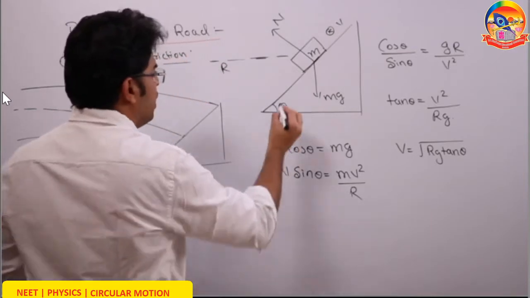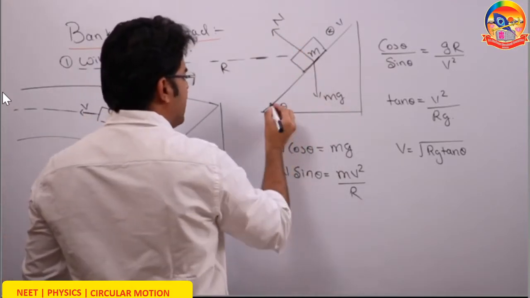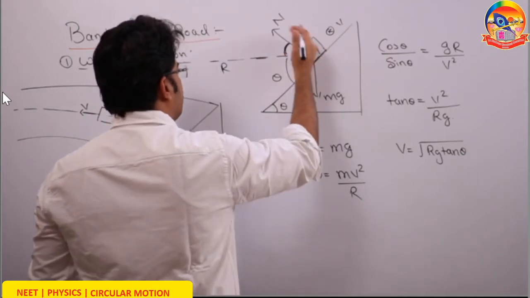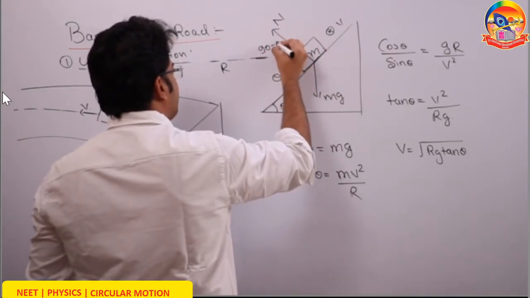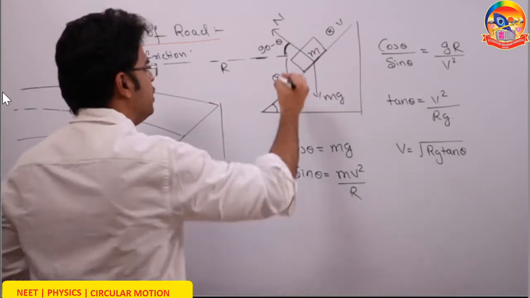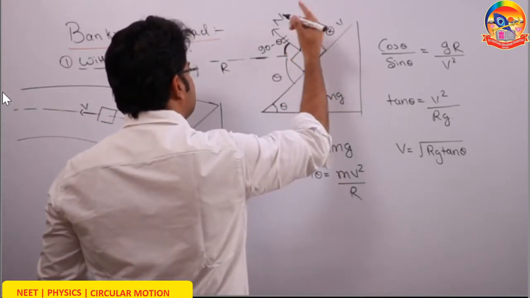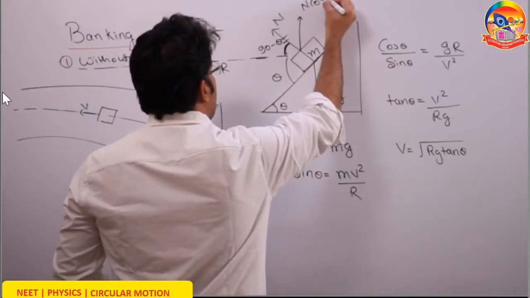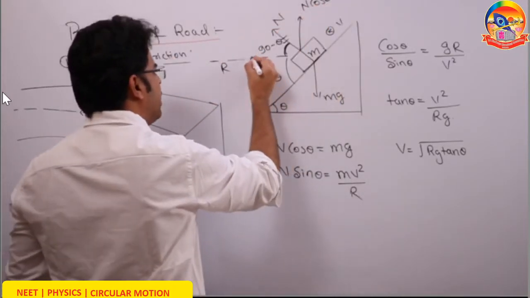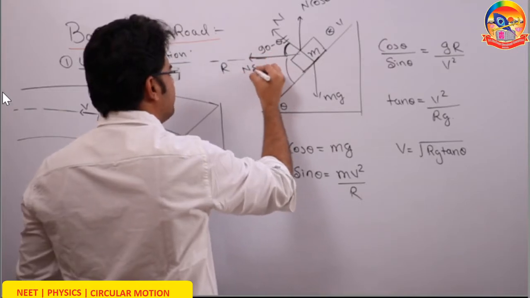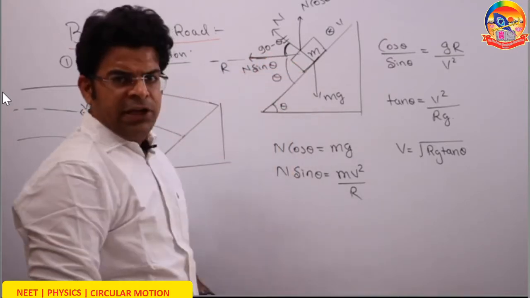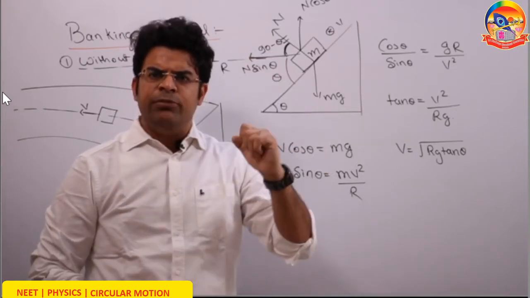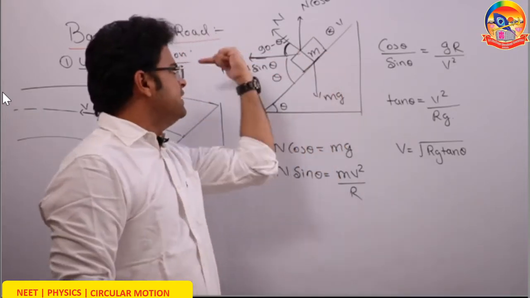So let's see. This is the force of normal. This angle with the horizontal is theta, so this angle also has to be theta. So the angle made by the normal with the horizontal has to be 90 minus theta. We can break down this force of normal into two components. The vertical component is N sin(90 minus theta), that is N cos theta, and the horizontal component is N cos(90 minus theta), that is N sin theta. So now visualize the three forces acting on this block: one upward force, N cos theta, one force of gravity, mg, and one horizontal force, N sin theta.